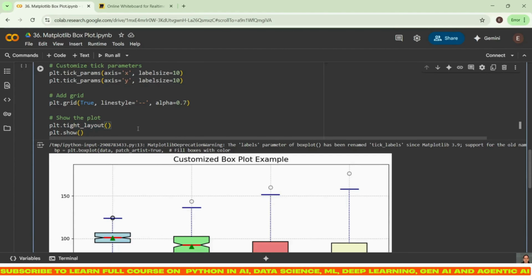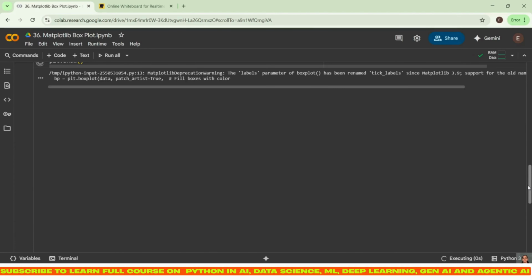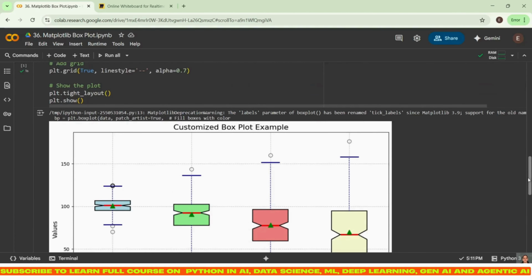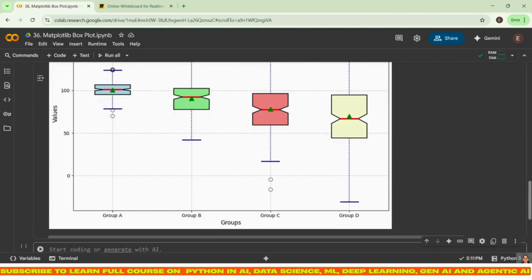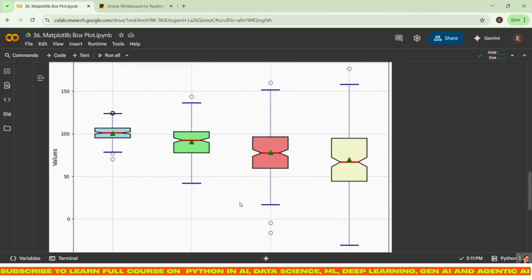Now let us see what output we are getting. You should not miss plt.show, guys, because if you miss it, sometimes it works, but sometimes it does not. So you should always keep plt.show. You can see our box plot came, and the curve it is forming on top of these whiskers is a kind of normal curve.